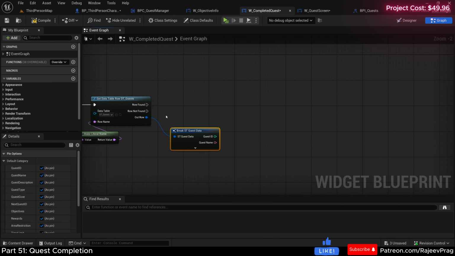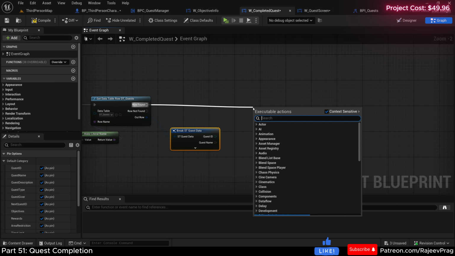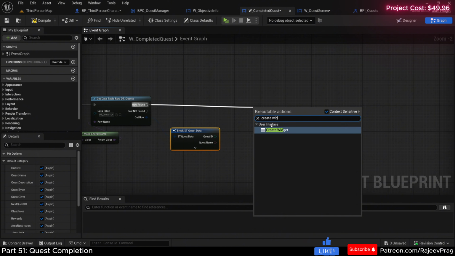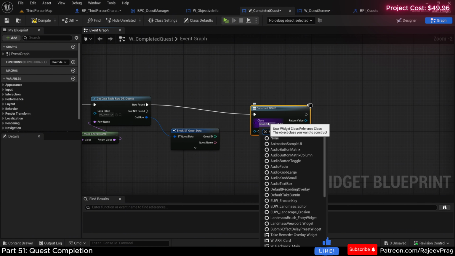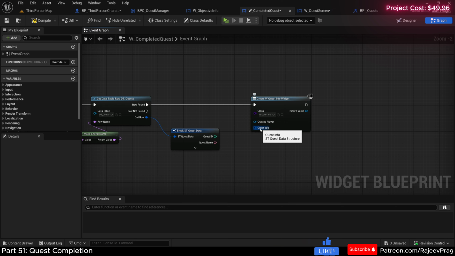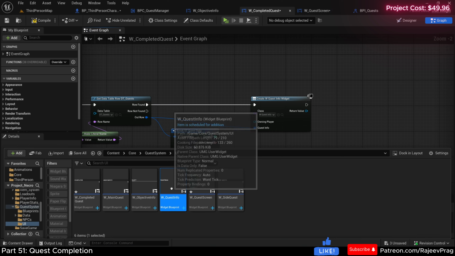And now we're going to go ahead and create the quest info. So off of our row found, we're going to create widget. And this would be our quest info. Now this is going to ask for our quest info structure, which is our out row. We're going to plug it in here. And then also I'm going to open up this quest info